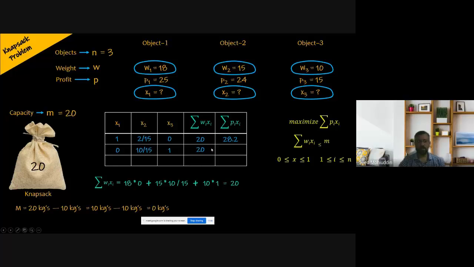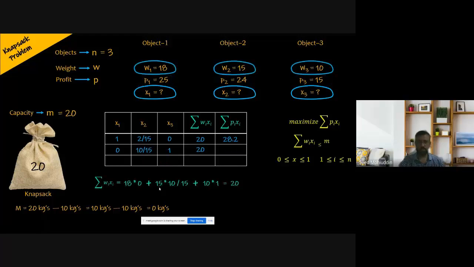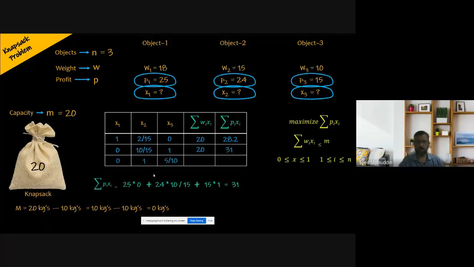Now let us compute its weight. Weight will be 18 into 0, which is 0, plus 15 into 10 by 15, which is 10 itself, plus 1 into 10, which gives us 20. What will be the profit? Profit will be 0 multiplied by 25, then 10 by 15 multiplied by 24, plus 1 multiplied by 15, which gives us 31